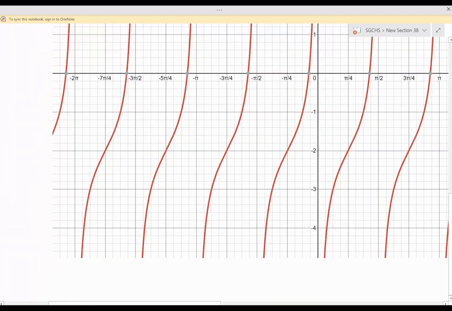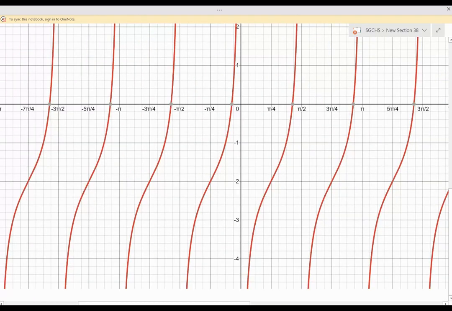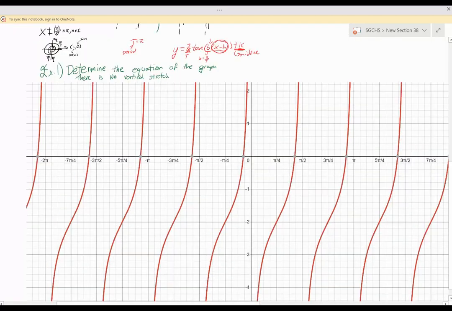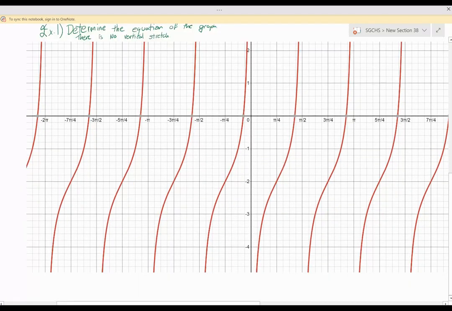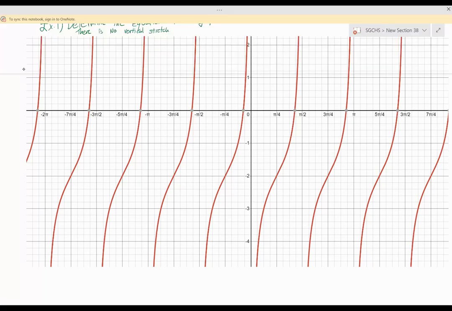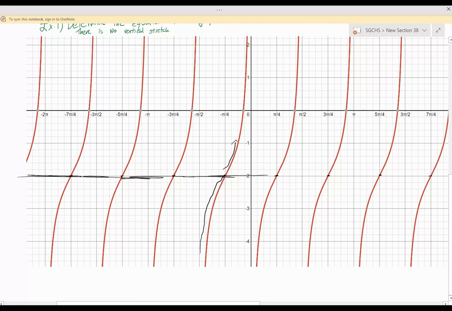The easiest thing usually to determine is the midline. Okay, so where are all the inflection points occurring here? Sometimes it can be kind of hard to see, but in this case, it's not super difficult. We can see that we're going in a certain direction, and then we change direction here. Okay, so we have inflection points here, here, here, everywhere I'm drawing a black dot. Okay, that means we have our midline found there. So we can draw a midline roughly on the y equals -2